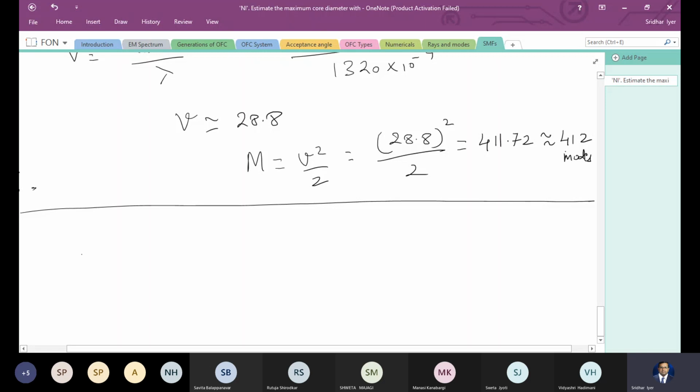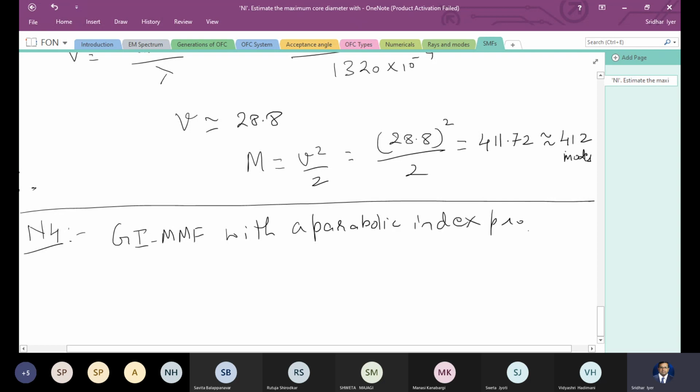Now we still have time, so let's do one more question on graded index multimode fiber. Okay. So the question is a graded index multimode fiber. So I'll write in short, graded index multimode fiber with a parabolic index profile supports